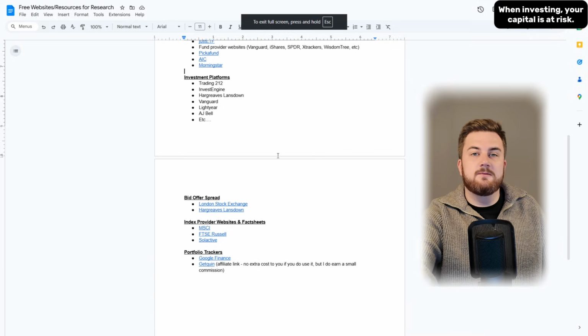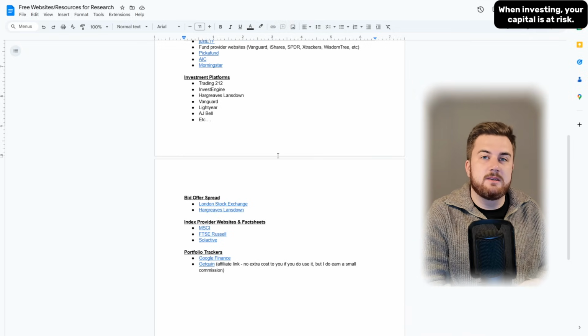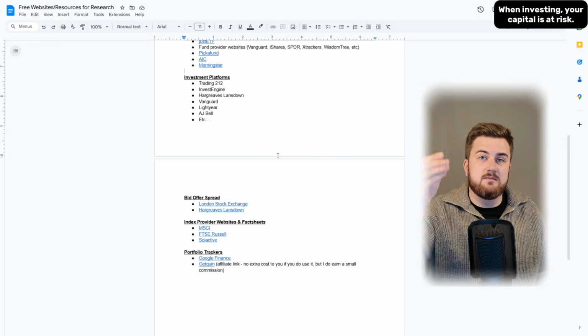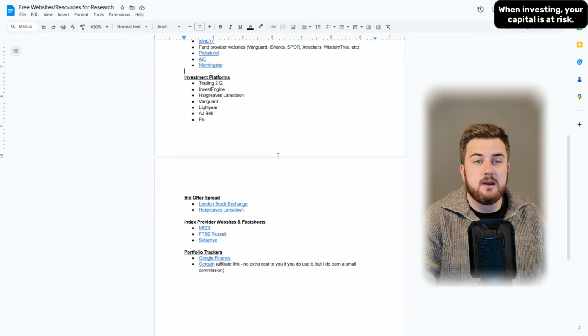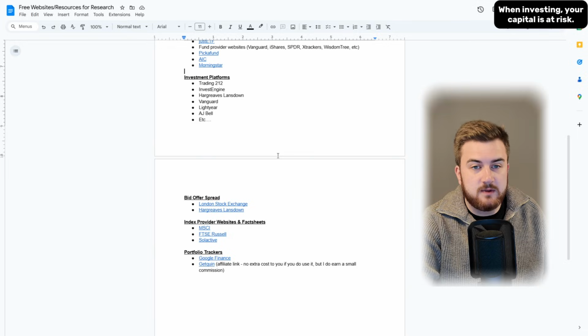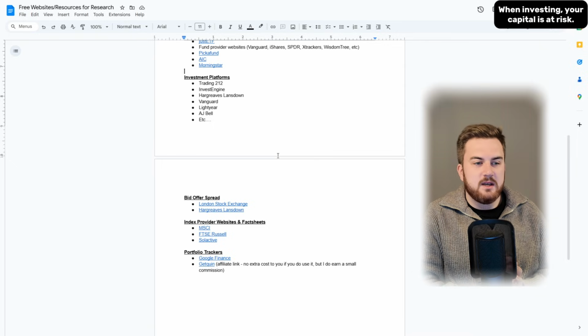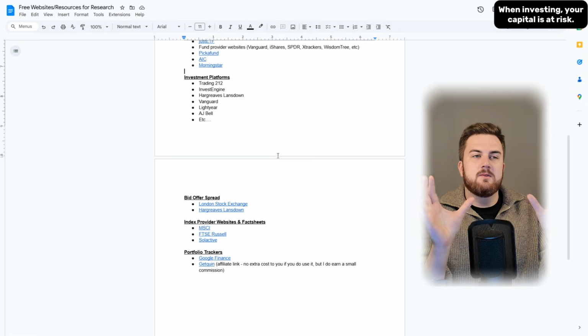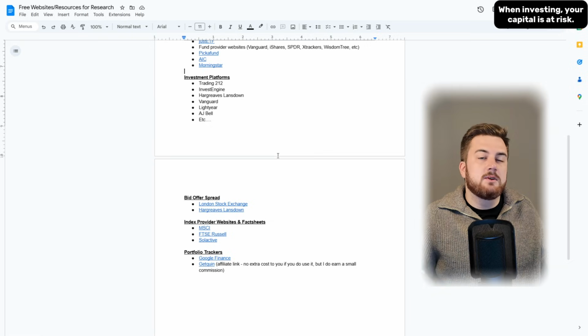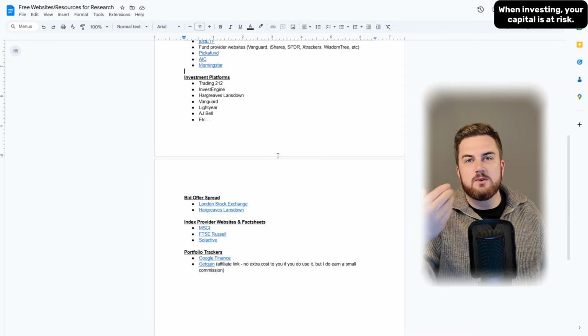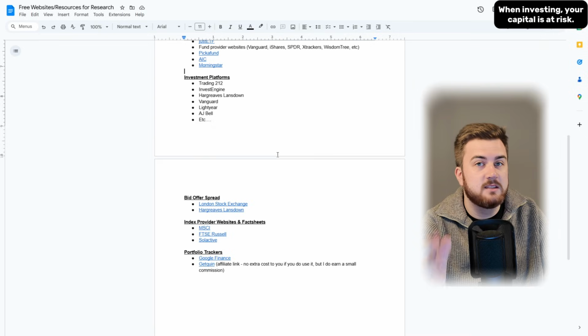Very quickly run through investment platforms. Every investment platform to differing degrees will have research tools. So Trading 212, for example, on some ETFs, you can see a holdings breakdown, total expense ratio, AUM. Same with InvestEngine, Hargreaves Lansdown, Vanguard, and so on. I've listed these, but the key thing is the quality varies massively and they also update at different times. So you could look at the same ETF on two investment platforms and they give you a different holdings breakdown. That's quite simply because one of the websites might have updated more frequently than the other one. So you do have to be careful. I'd always use third party and the fund provider websites directly to get the most up-to-date data rather than the investment platforms. But it is there and it's a great starting point.